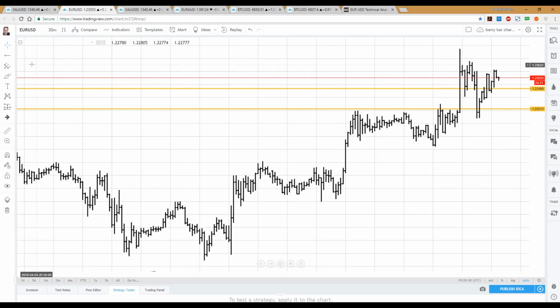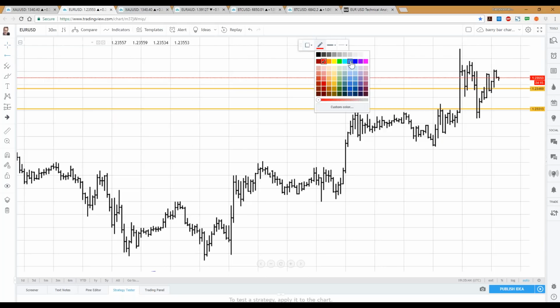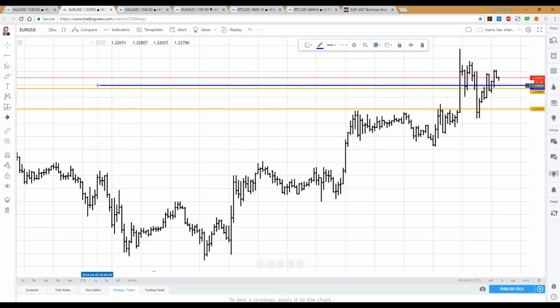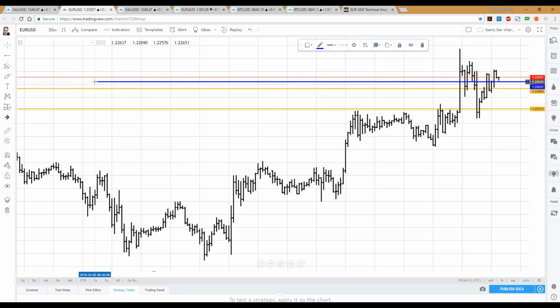So we're going to take our line tool here, and we're going to make this one a blue line. Okay, and the first one is 123.43 off that chart. So we're going to come down here to 123.43. It's just about there. Oops. And we're going to take 123.54, which is